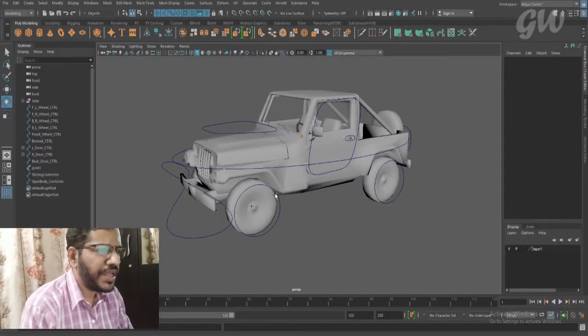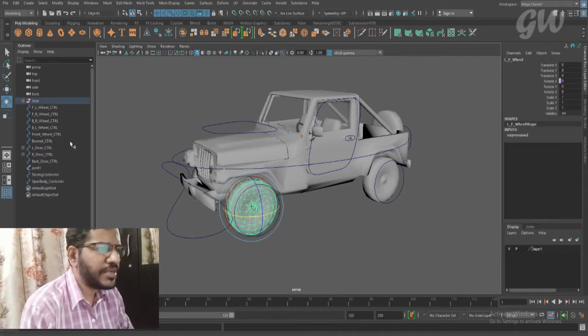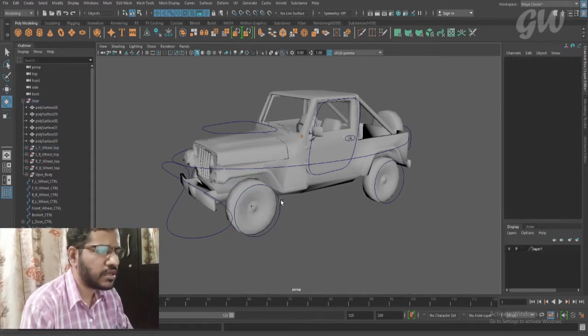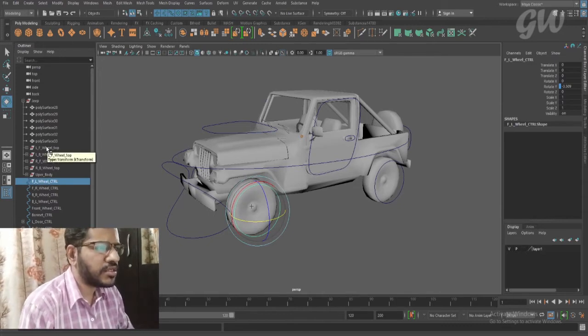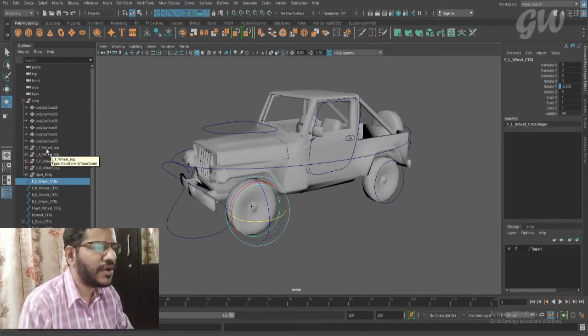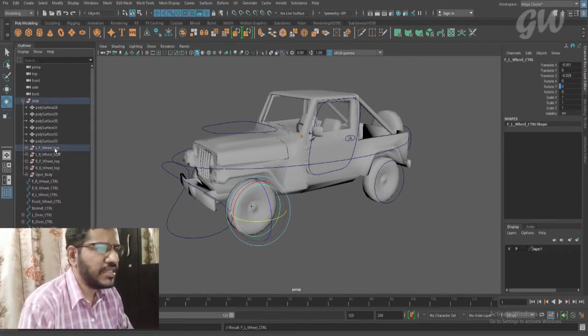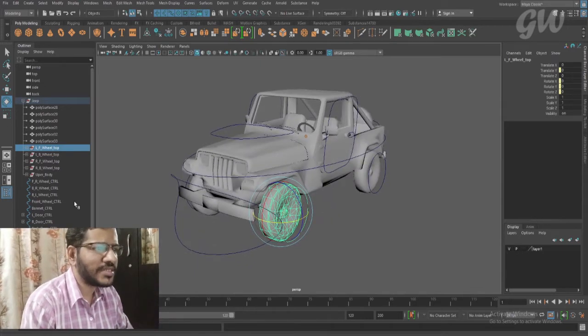Before creating our main global control, we have to make sure to arrange the hierarchical structure of my Jeep. For example, you can see here, this is my wheel group and this is my wheel control curve for that wheel. So what we want here, this curve should be grouped under this main group. Okay, so this is very simple. What you have to do, middle drag the curve under the wheel group. Now you can see when we select the main group, it selects the curve also.